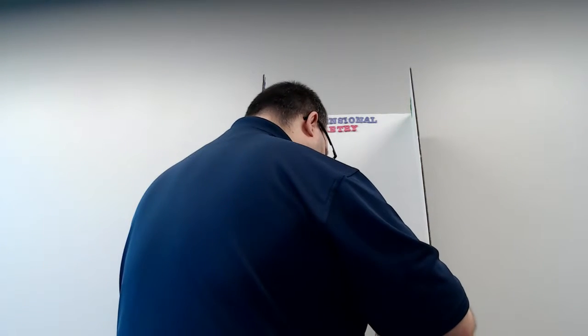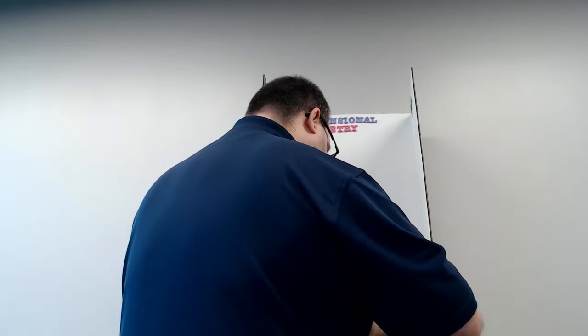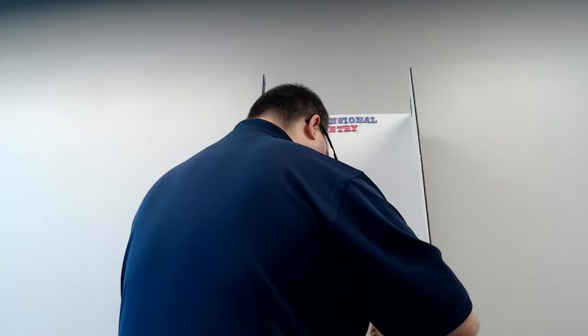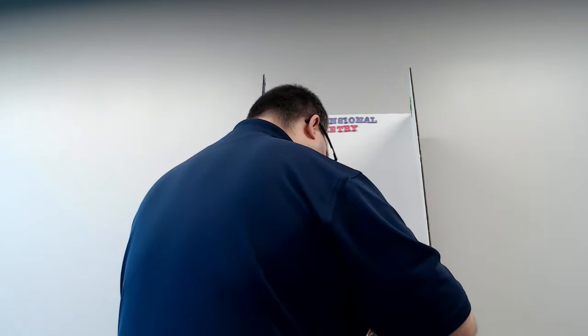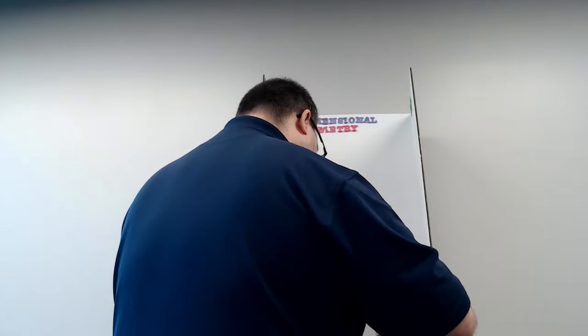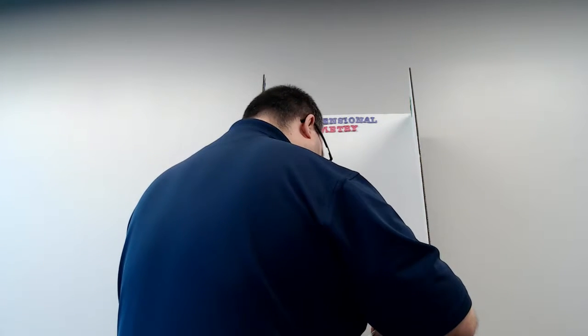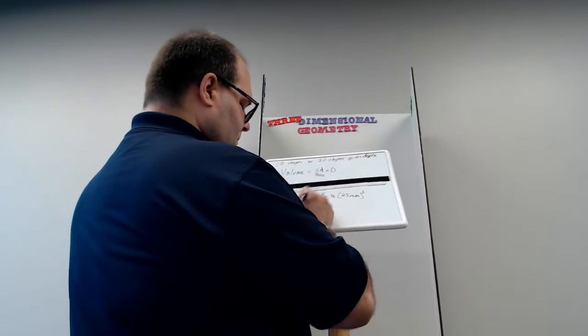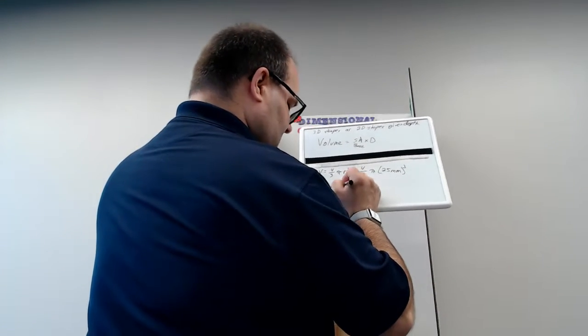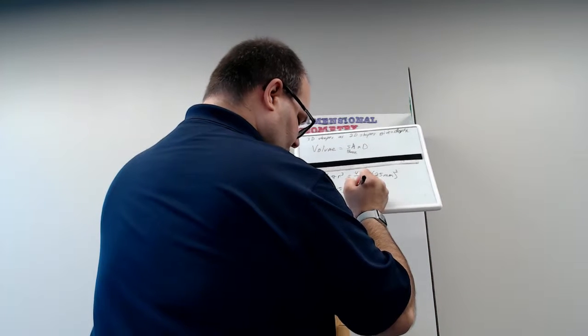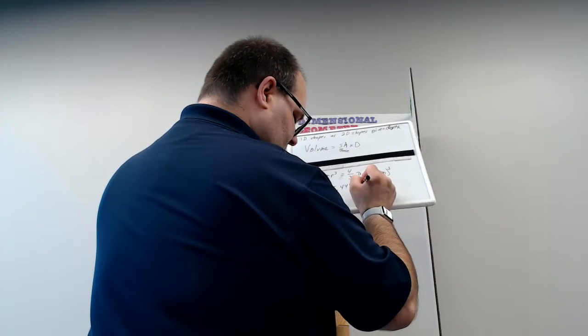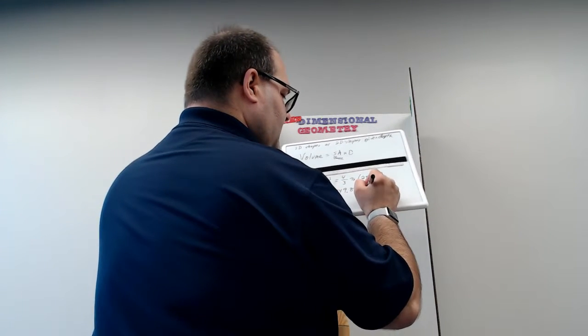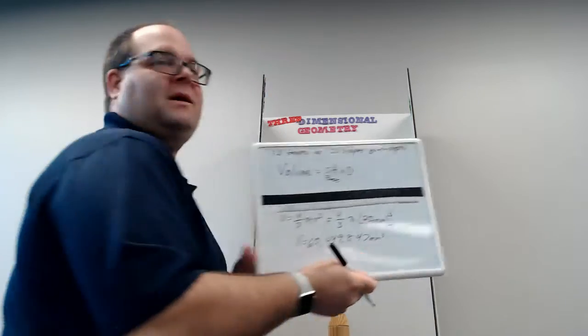So we have 25 raised to the 3rd power times pi times 4 divided by 3 gives us a volume of 65,449.847 cubic millimeters